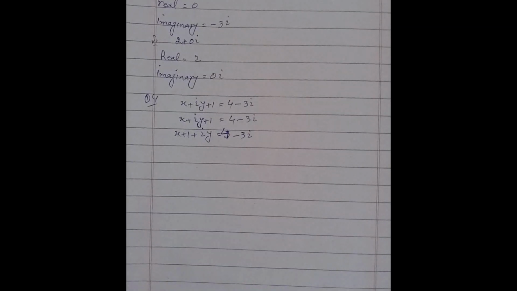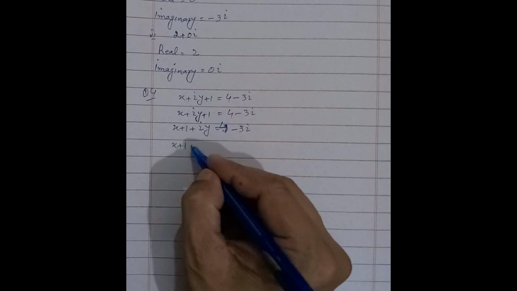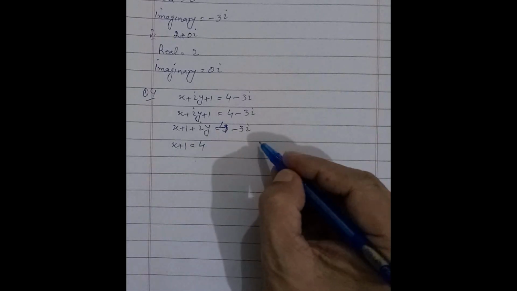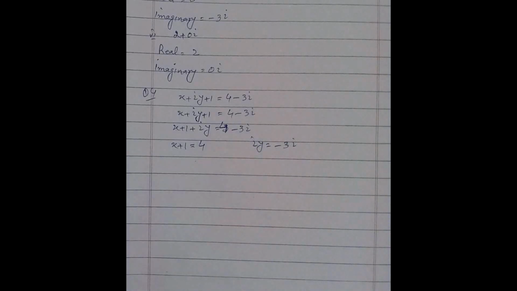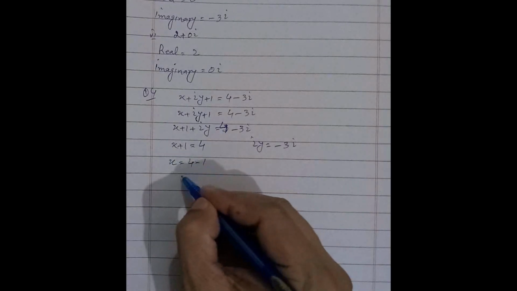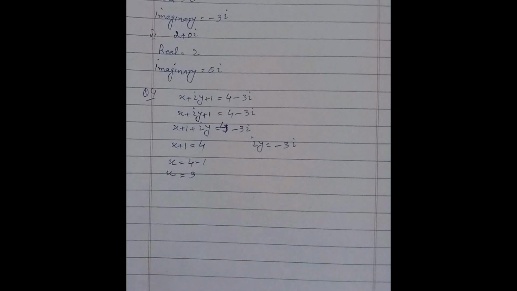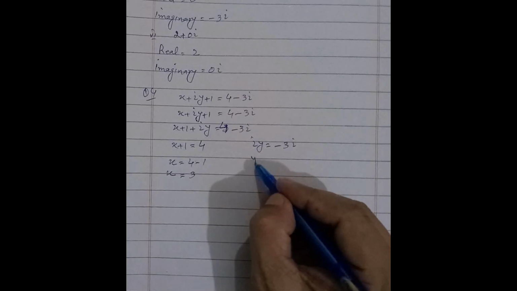And when we compare the values of complex numbers, the real part is equal to the real part and the imaginary part is equal to the imaginary part. So x plus 1, the real part, is equal to 4, and on the other hand iota y is equal to minus 3 iota. Now simplify it. x is equal to 4 minus 1, which is equal to 3. So the value of x is equal to 3, and on the other hand, dividing both sides by iota, we get y is equal to